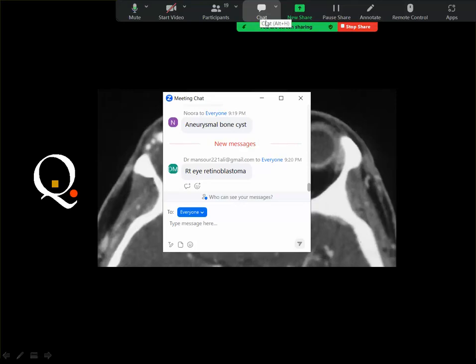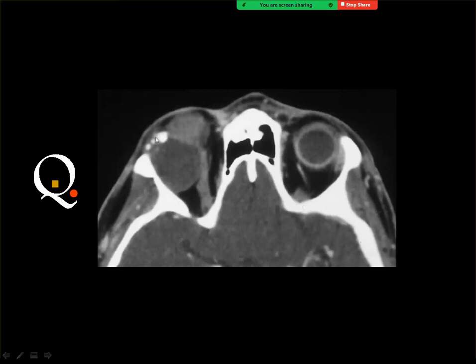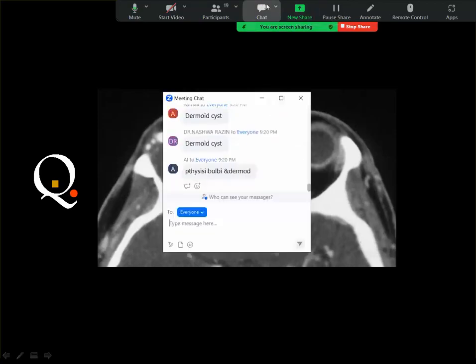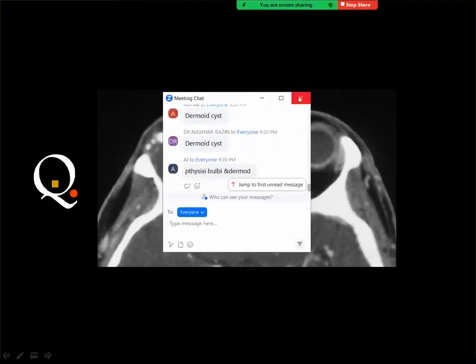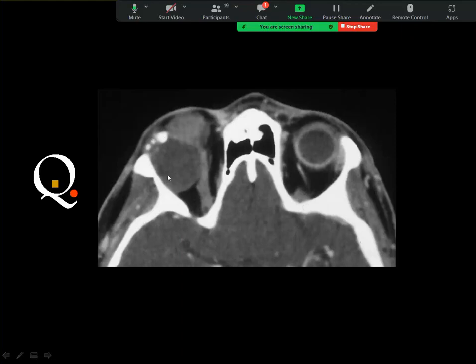Right eye retinoblastoma? No, the calcium is outside the globe. This is a cystic lesion inside the orbit, and this is the globe which is pushed inferiorly. Yes, and this is dermoid cyst. Dermoid cyst is a cystic lesion, intraorbital, does not enhance, may contain calcium, may contain fat, and the diagnosis of phthisis bulbi, you should see the globe, and the globe is totally collapsed. It contains